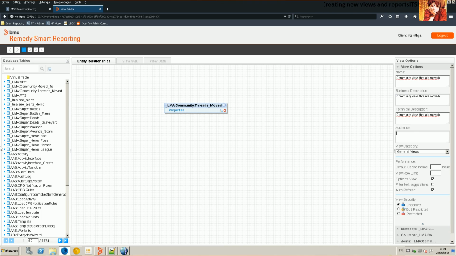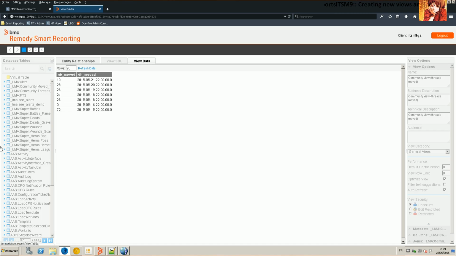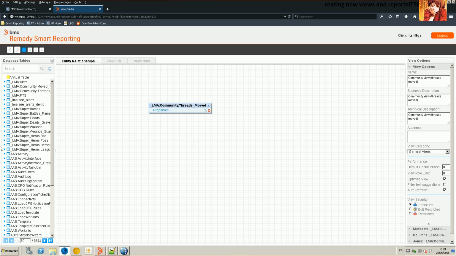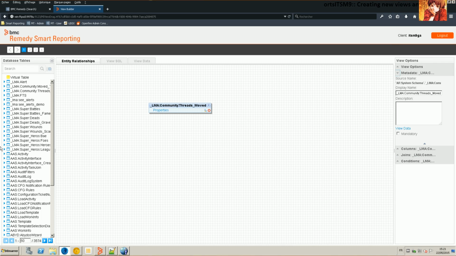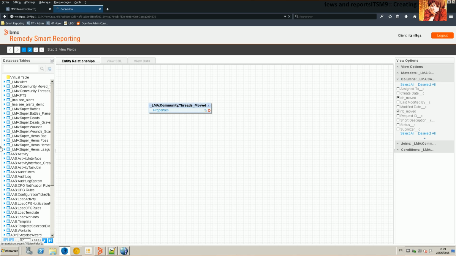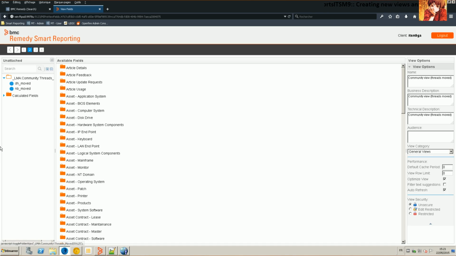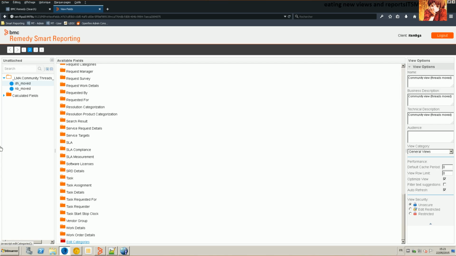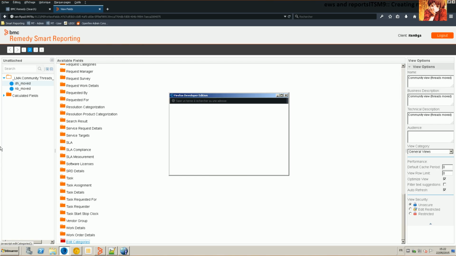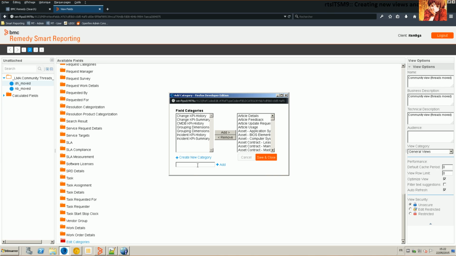So here everything is ready. You see, it's something very simple. You can change a bit and make it more complex if you like, but that's not what we want. So you click on step number 2 to view the fields, and here basically it's the category where you will put your fields. The best practice is to create your category where you can store the fields. So I create a category, so it's community